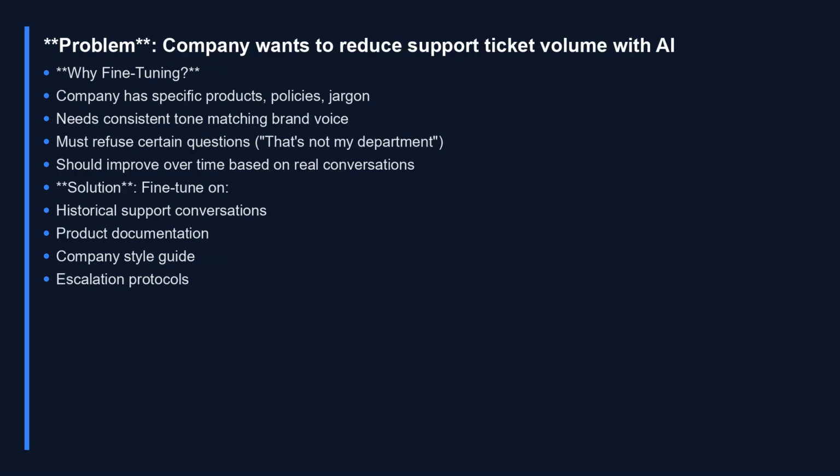A company deploying a customer support AI faces a different but equally concrete set of problems. The base model doesn't know the company's products, internal jargon, or pricing policies. It has no concept of brand voice. It will happily answer questions it should escalate or refuse, and it can't improve from real customer interactions unless you train it to. Fine-tuning on historical support conversations, product documentation, a style guide, and escalation protocols solves all of these at once. The result is a model that sounds like your company and knows when to say, "That's outside my